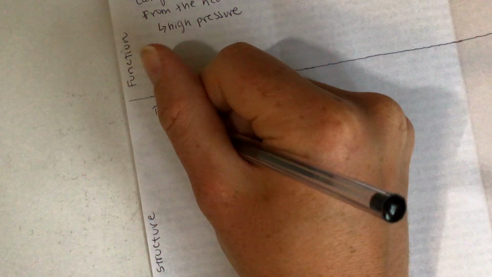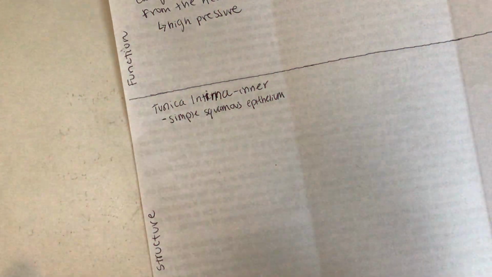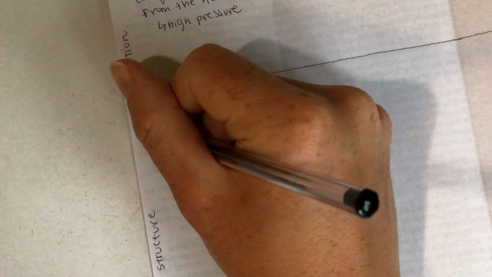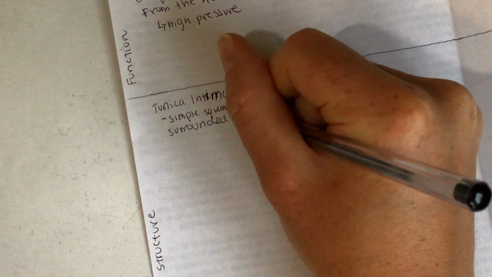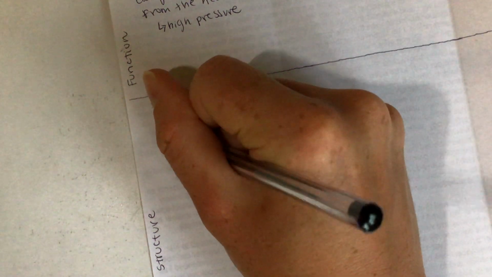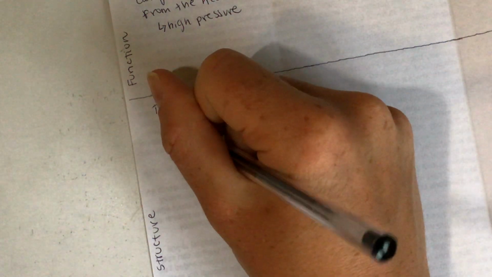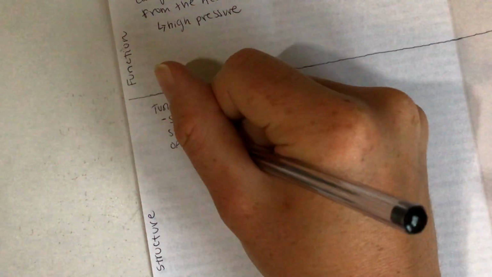This simple squamous epithelium sometimes gets named the endothelium, so it's like a bunch of cells that make up this endothelium, which then this part, the simple squamous epithelium, is surrounded by a layer of, I just abbreviate connective tissue with CT, so I'm going to do that here, a layer of connective tissue,